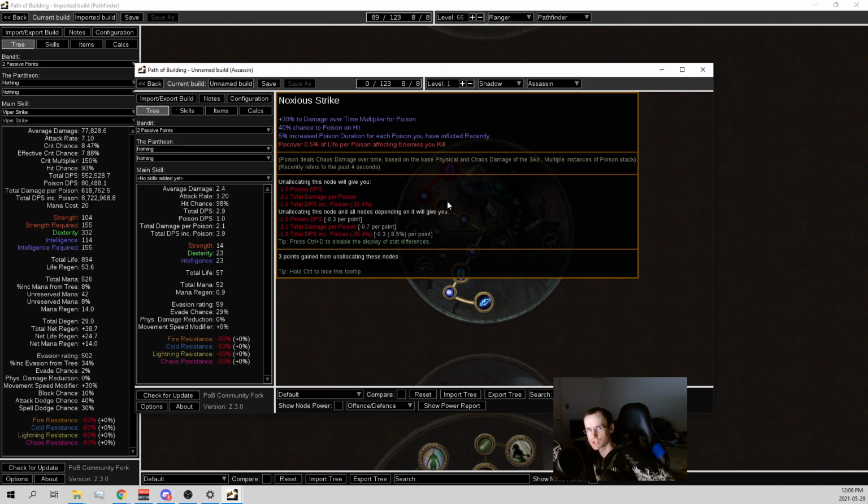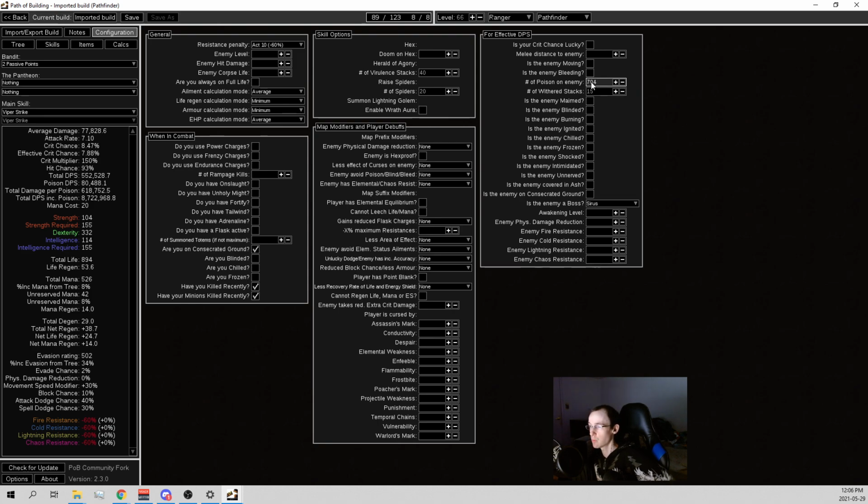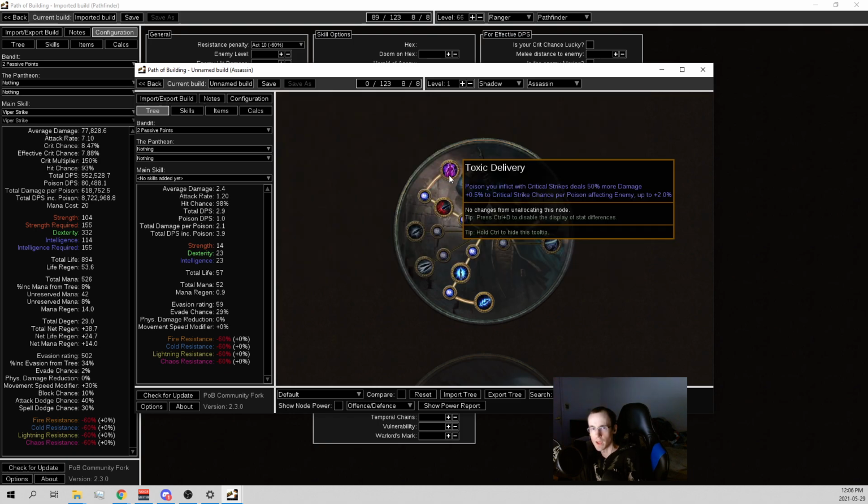And then also it says recover 0.5% of life per poison affecting enemies you kill, and I've pointed out that we could get 700 poisons on an enemy, which should mean that we recover 100% of our life when we kill an enemy. And then there's also poison you inflict with critical strikes deals 50% more damage, and we get crit chance per poison,